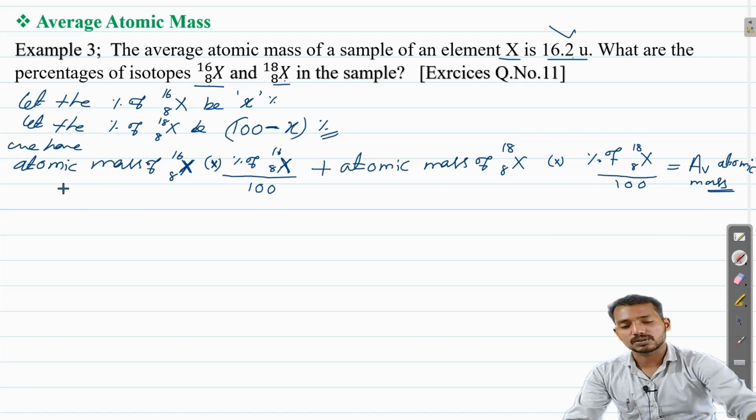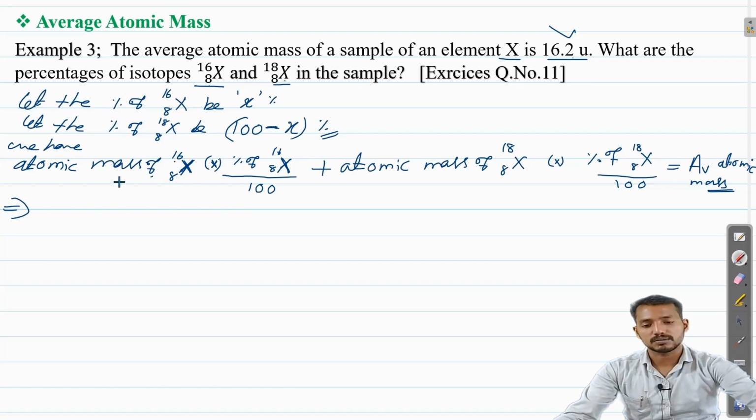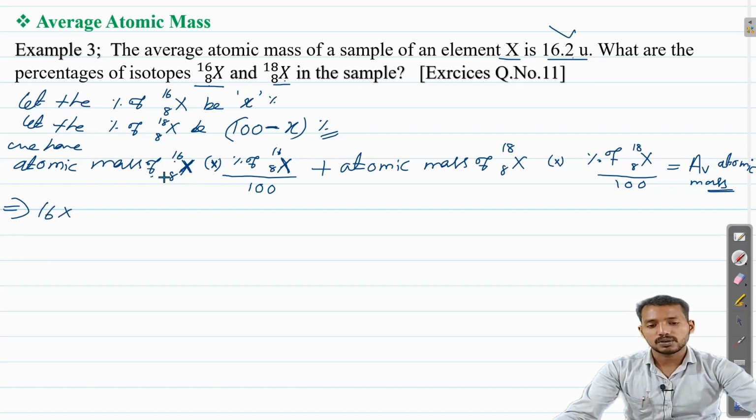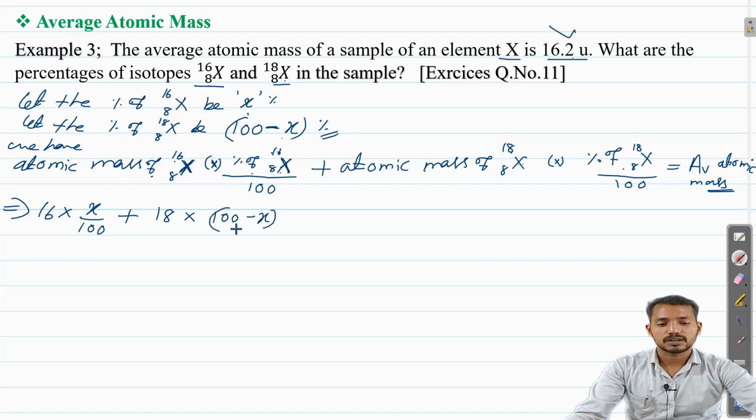Now just substitute those values here. What is the atomic mass of X 16.8? Atomic mass is representing the mass number. So 16 into percentage of the 16, we assigned it as X, so X divided by 100, plus atomic mass of 18, into the percentage we assigned, that is 100 minus X, 100 minus X divided by 100, which is equal to the average atomic mass given in the question,